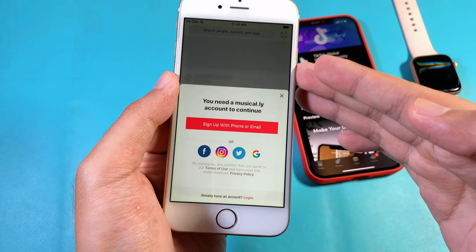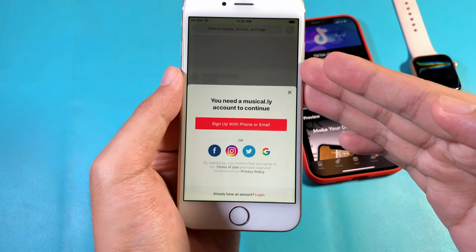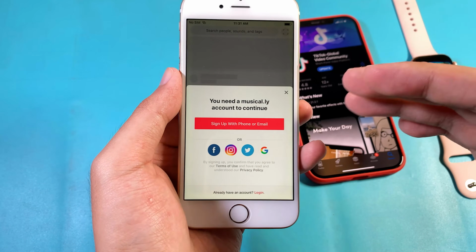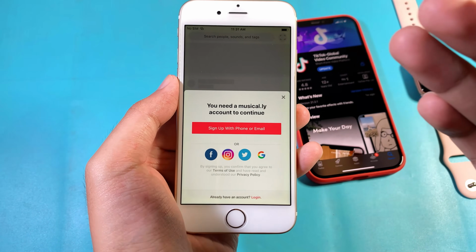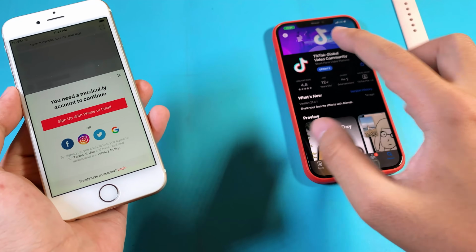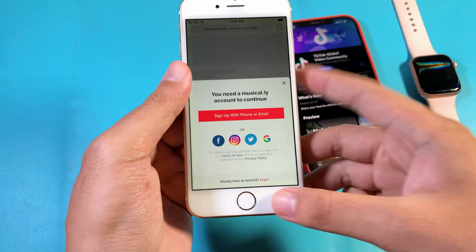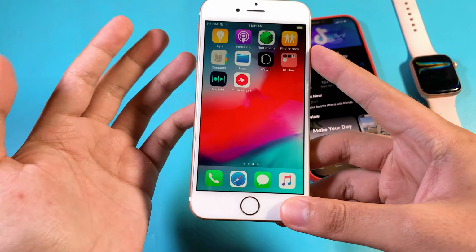Today I would like to show you how to downgrade TikTok back to Musical.ly. Basically, in 2014, TikTok was called Musical.ly, and after that they converted it and called it TikTok. That's why I made this video for those of you who want to downgrade back to Musical.ly, and it